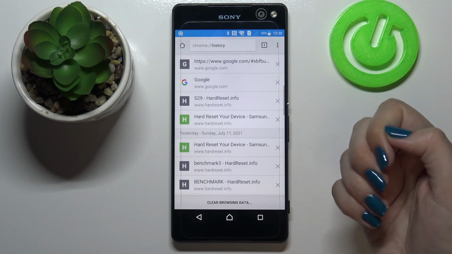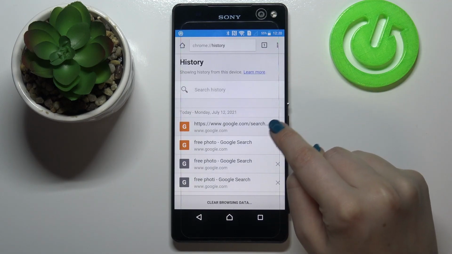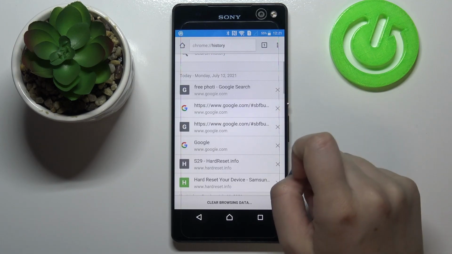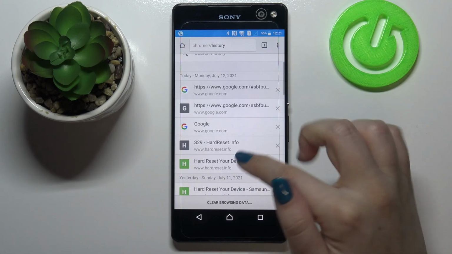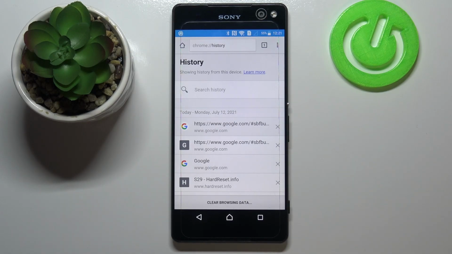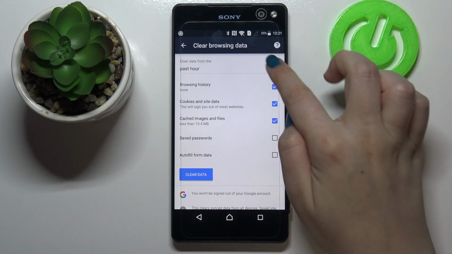Of course, you can remove all of them manually, one by one, just by tapping on this X button right next to it, and as you can see, it will immediately disappear. But if you have this list so wide, and if you'd like to remove all of them with actually one click, just tap on clear browsing data, and here we can change the time range